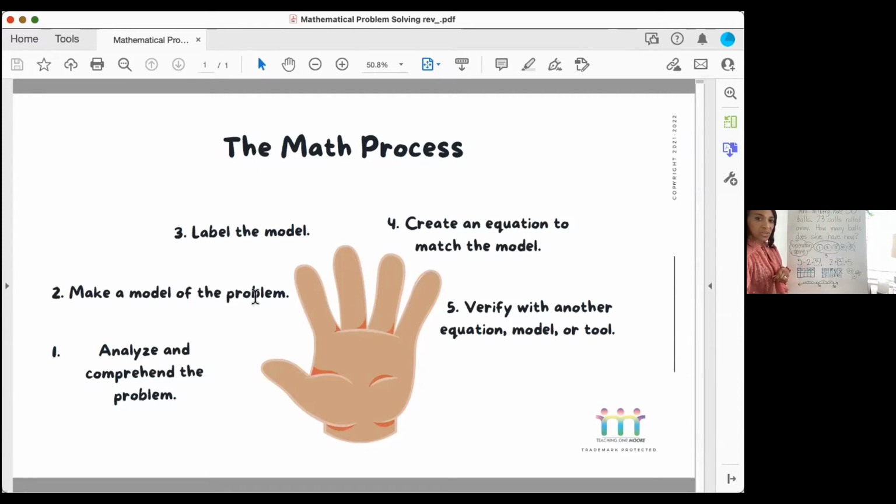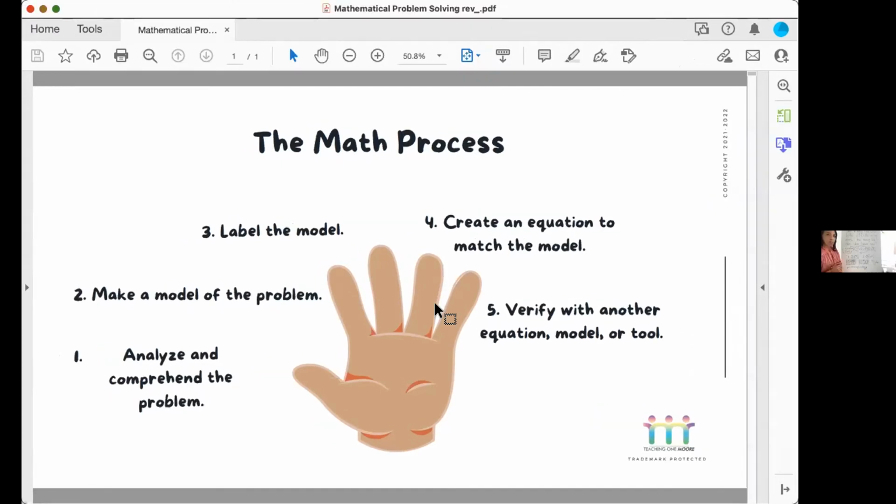And then this last one, verify, has been a big push for me this year because I notice when students are done solving a problem, they'll often take it over to their teacher and say, is this right? Did I do it right? Can you check it for me? I do believe it is important for students to be able to verify and check their own work, because when they take a test, the teacher can't verify their answer is correct before they submit it. So do the kids have strategies they know they can use to verify their own work? Are they in the habit of slowing down and double checking their work before they submit it?